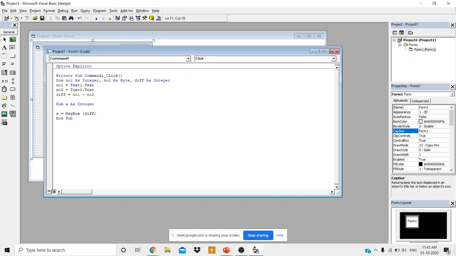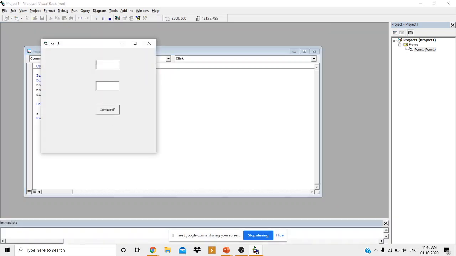Whenever you are using the message box and you want to find what button is clicked from the message box, you assign the message box to one variable which stores the value of the button clicked. At that point you have to provide the arguments of the message box within brackets. If you don't use the brackets when you try to assign the value from the message box to a variable, it will give an error. Now see here, I have assigned the message box to a variable a. So a is going to have what value? The value of the message box button, what button is clicked.